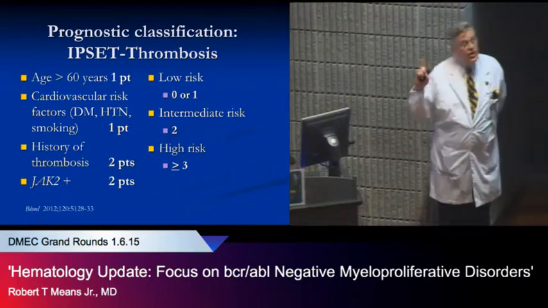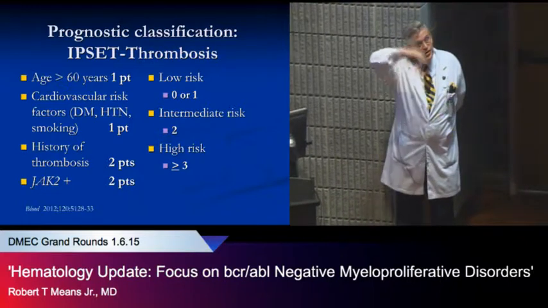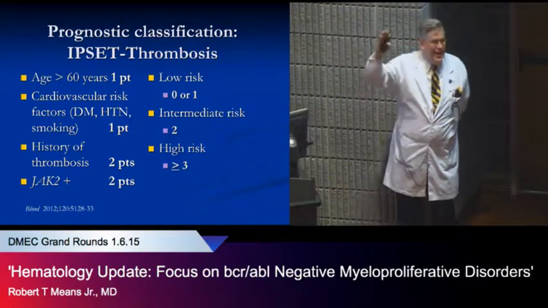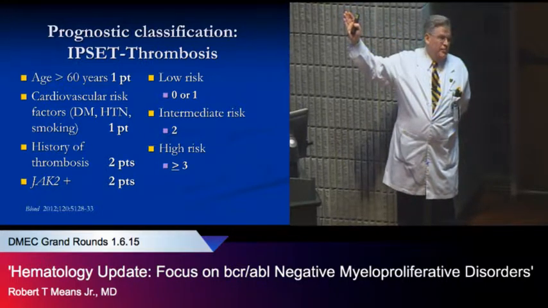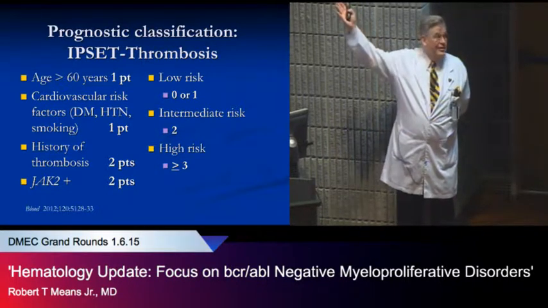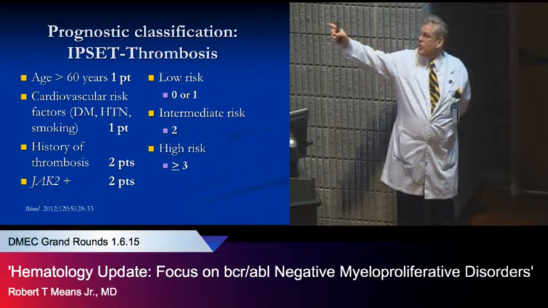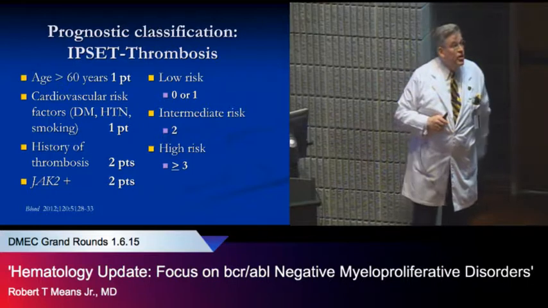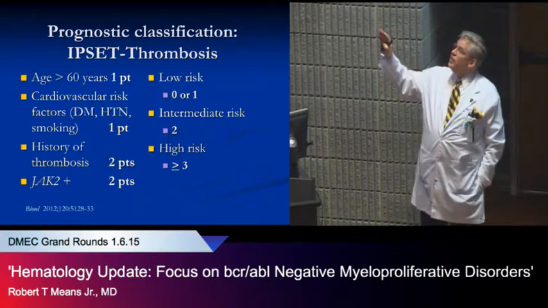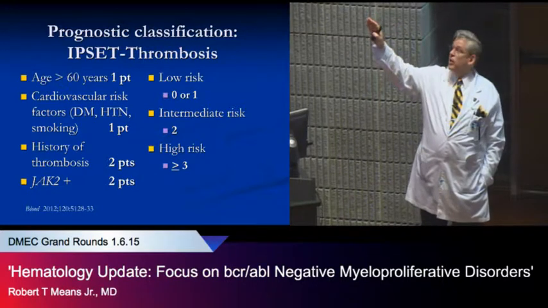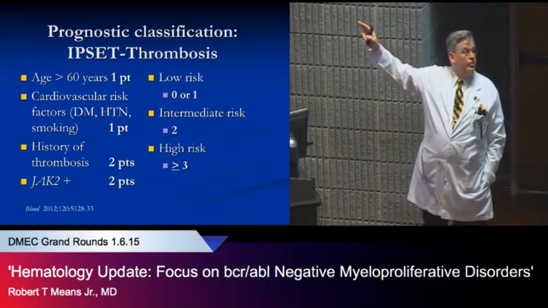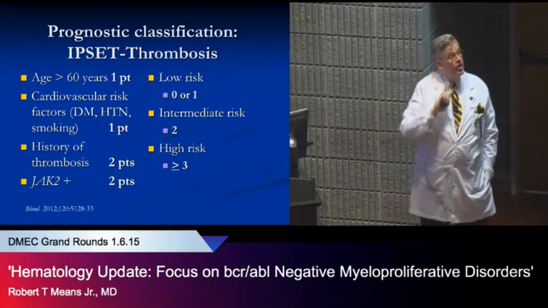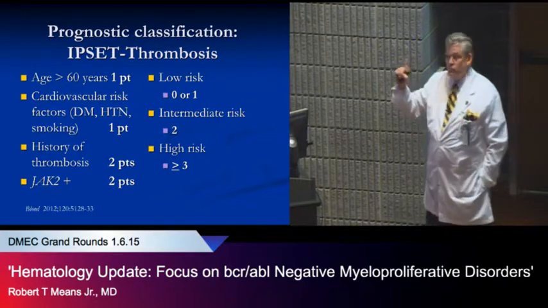So now, we had the category before where things were either low risk or high risk, basically. How did this change that? Somebody who was low risk under the old category may or may not be low risk under this category because they included the JAK2. What it did was it split the old low risk category halfway between this low risk and this intermediate risk. What was the difference? The difference was that roughly half of the old low risk category was JAK2 positive.